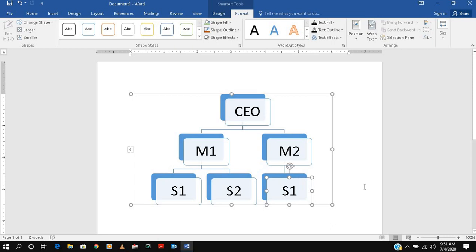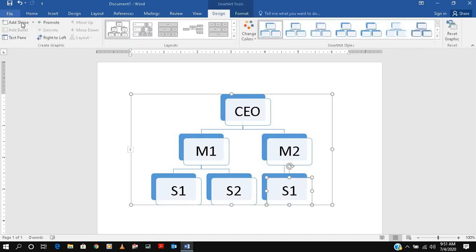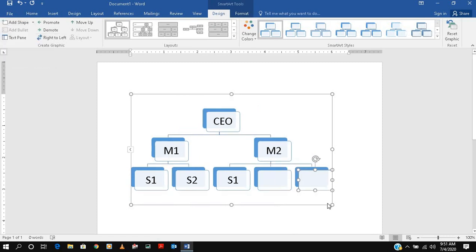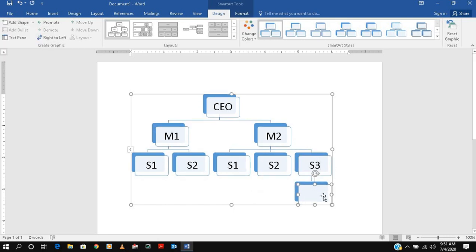Now you want to add something more, so you just click this and go into Design, Add Shape, whatever it is, before or after. We are just putting after. And one more we will put after. So staff 1, staff 2, staff 3, you can put like this. You want to add above or below, so you can add above and below this. Suppose you want something under staff 3, you just put below, so one staff will be there.